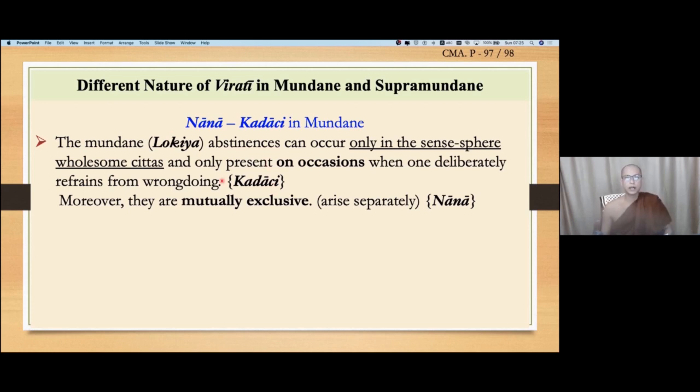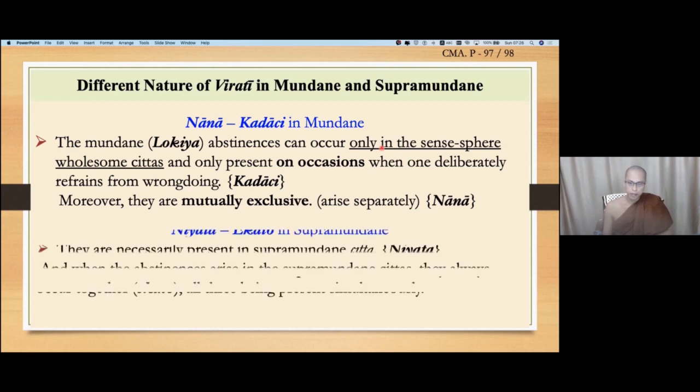So that is why they are called kadaci. They arise on occasions. And when they arise together with the wholesome consciousness, they also cannot arise all three together. Only one of them can arise, and the other two will be absent in the mundane level. This is the nature of virati in the mundane level. Then